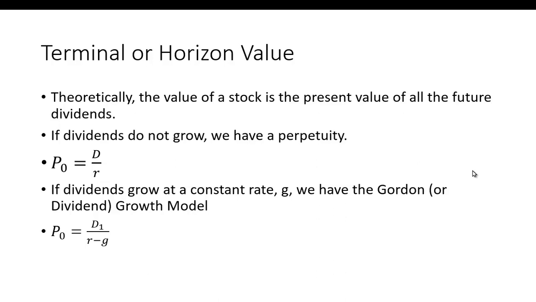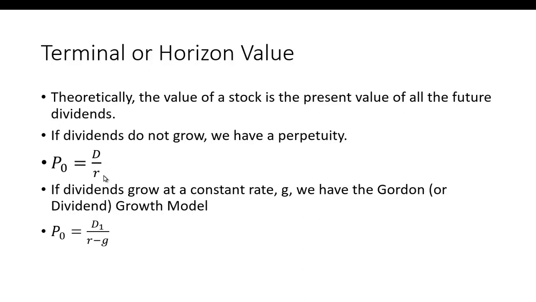Let's take a look at the terminal or horizon value. So theoretically, the value of a stock is the present value of all the future dividends. If dividends do not grow, we have a perpetuity. And the formula for a perpetuity is that the price today, so P0, equals the dividend divided by the